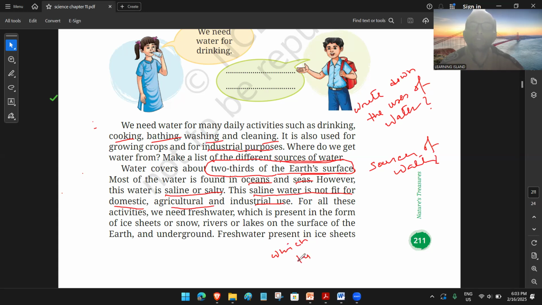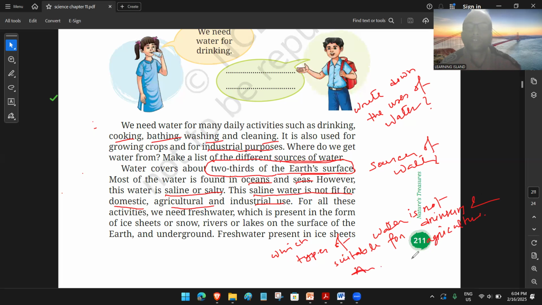Which types of water is not suitable for drinking and agriculture? ये होगा सेलाइन वाटर, ठीक है, जिसमें सॉल्ट रहता है। आंसर होगा सेलाइन वाटर, ठीक है। ये तुम लिख सकते हो क्वेश्चन आंसर, ठीक है। सो यू नीड टू प्रोसेस इट, है ना।